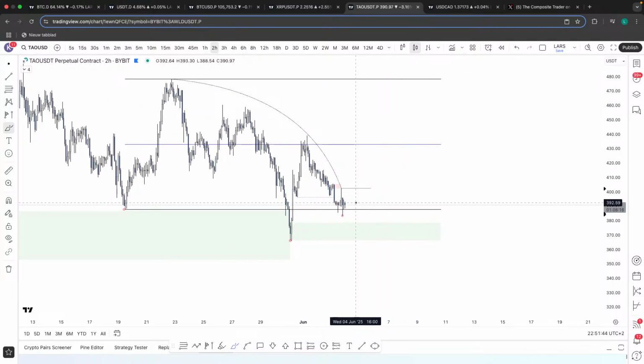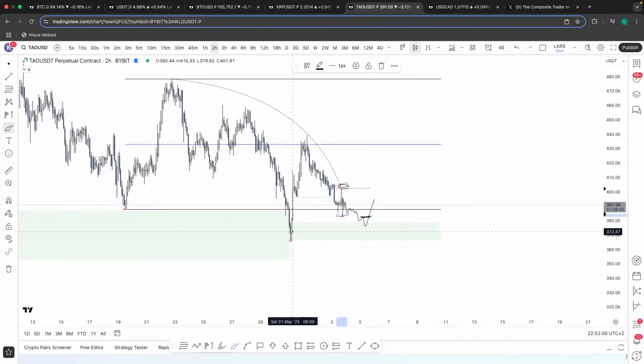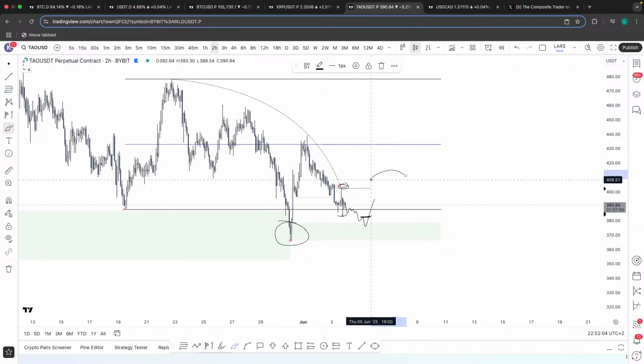But how do we confirm it? By breaking structure. So if price decides to grind lower, that's fine, right? Because we're simply waiting for that bullish breaker structure. But if you get the bullish breaker structure right here, it's already a valid third tap. You don't have to say, oh, I'm going to wait for this. No, this is already a valid POI. Now we just need to confirm it by breaking structure.